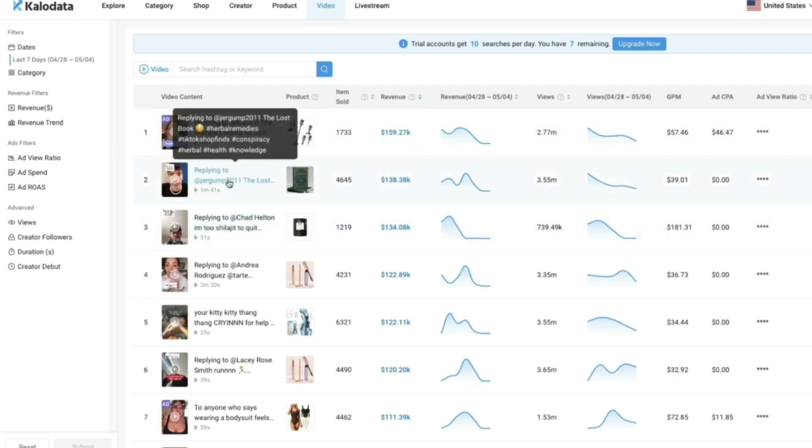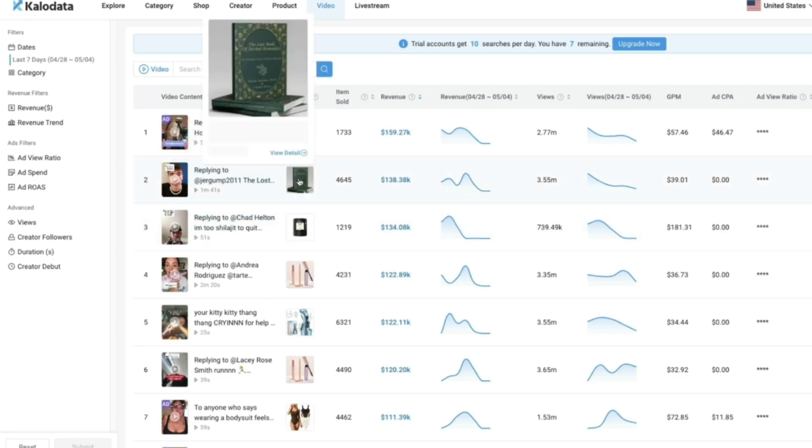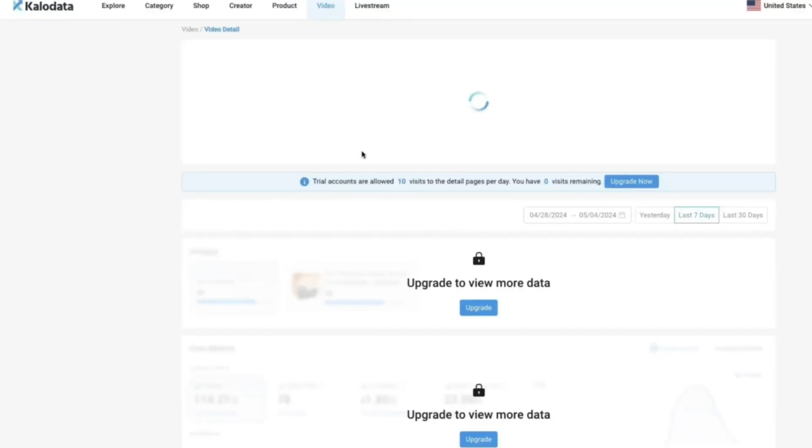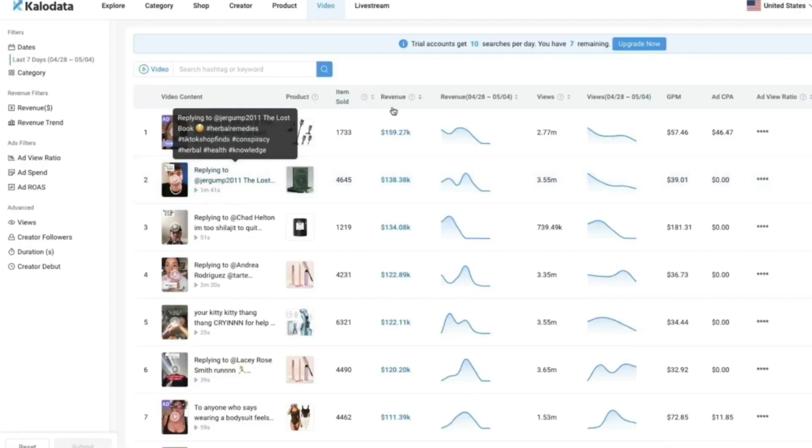But this one, for example, if you open it up, you can see they are selling this book right here, and then you can see the exact video that they are using to promote that product, and this video has made them 138k in revenue. So that's a lot of money, of course. So it's a really